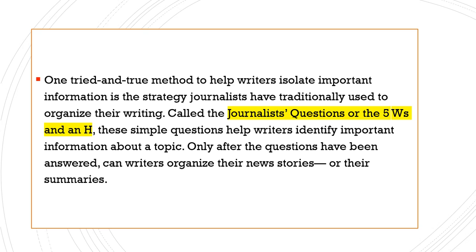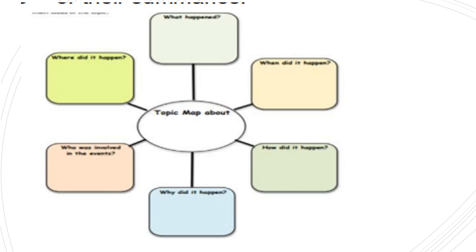So this is very simple. You're already familiar with it. It only means the 5 W's and an H questions. As you are reading, you need to identify the answers to those questions. And then after you answer those questions, it's time for you to write your summary. Again, you just have to connect all those answers and form a coherent paragraph so that you will come up with your summary. So we call that the journalist's questions.